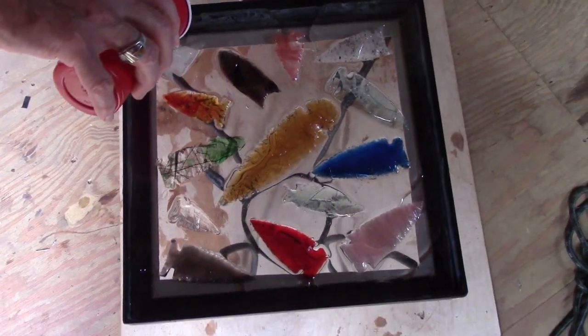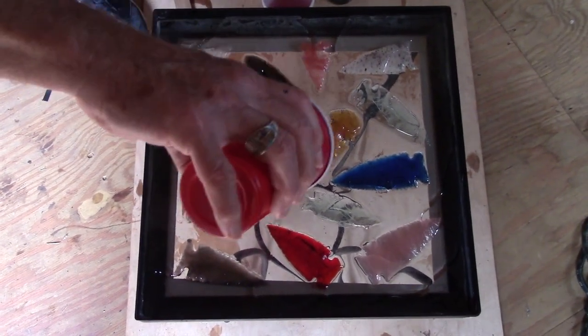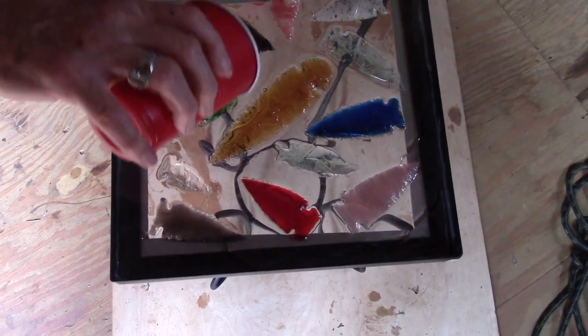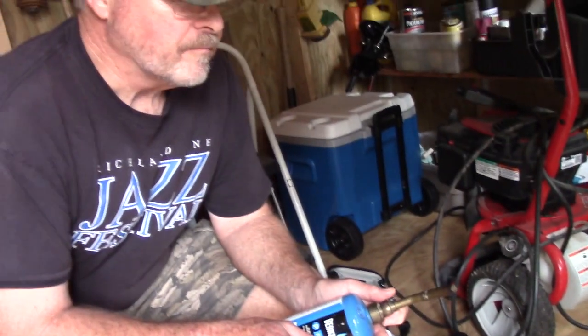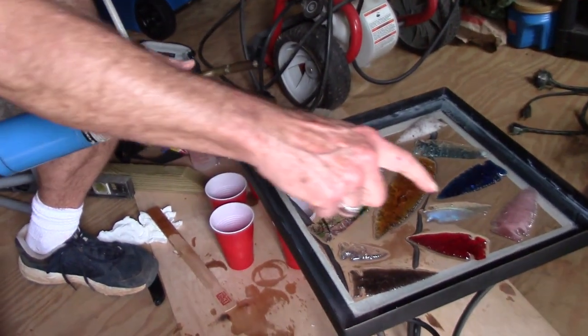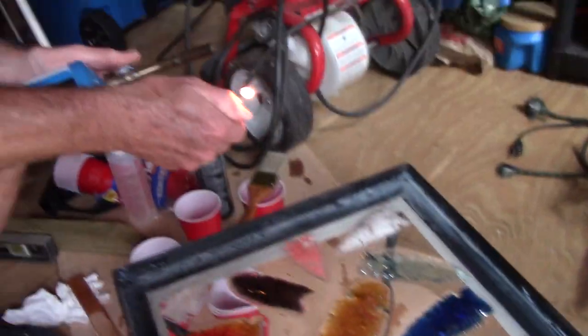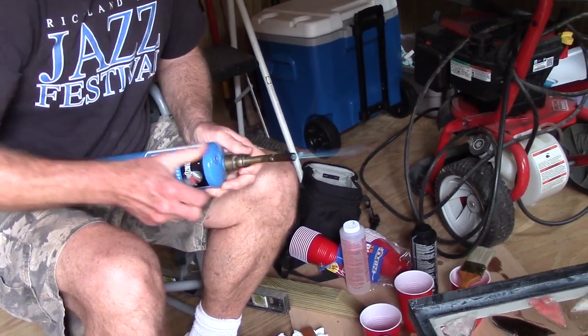Bubbles coming up, but we'll get rid of those more in a little while. Alright. And being level is seeking its own level, like water would. Okay, I'm fixing to do another round of this, but you can see I've got bubbles and a lot of small bubbles here. So what I'm going to do,